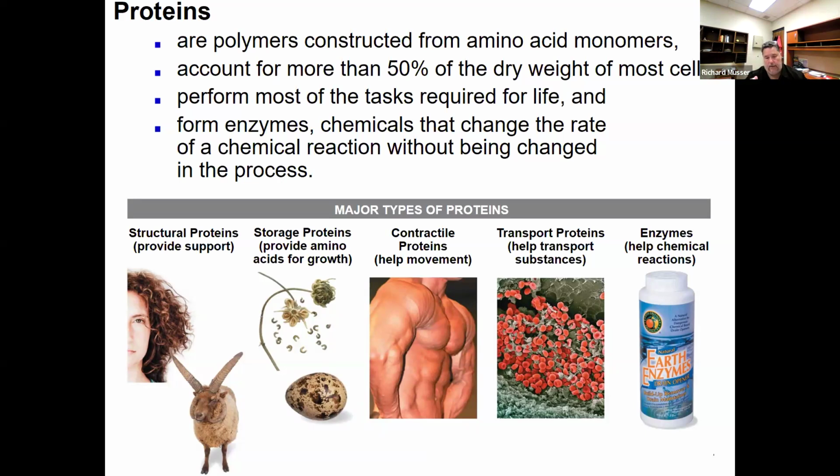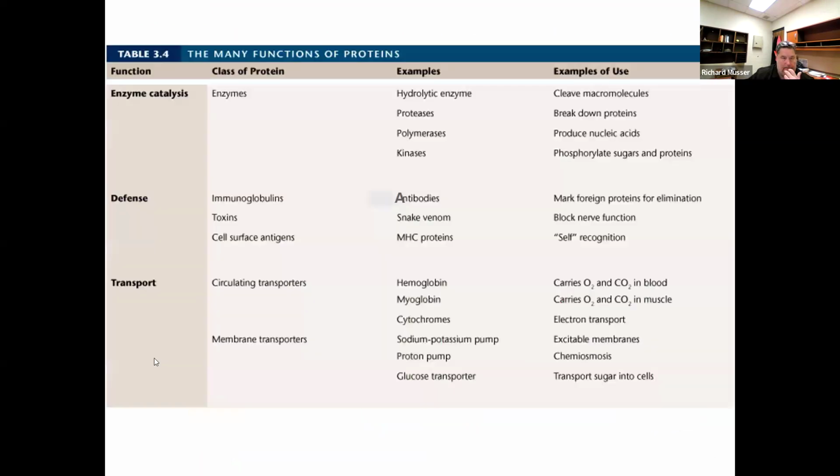Some people argue it's about 1 gram per lean body mass per day you should have to be healthy. And so having a low protein diet can be unhealthy after multiple years. So you need to think about good sources of protein when you eat. Again, proteins are going to be, as you're going to see, made up of all sorts of amino acids. We'll get to that in a moment.